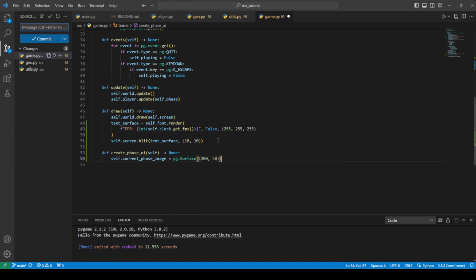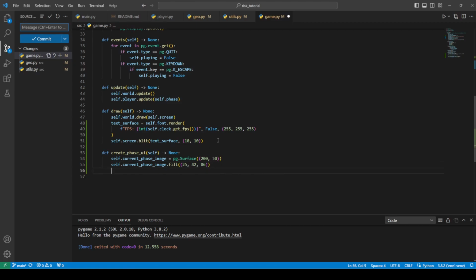Again, I'm hard coding these values, but you may want to make this a proportion of the window size. That would be better code, but we're going to keep it simple. Then I'm going to color this surface, so I'm taking this bluey color again, dark blue,